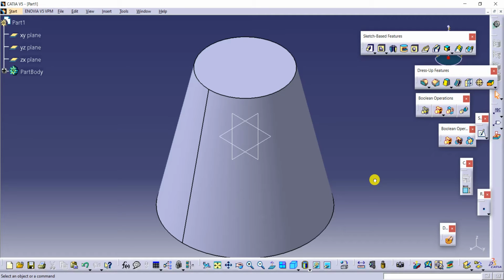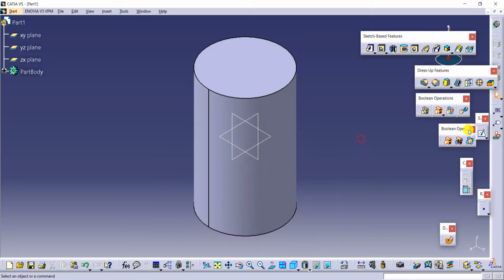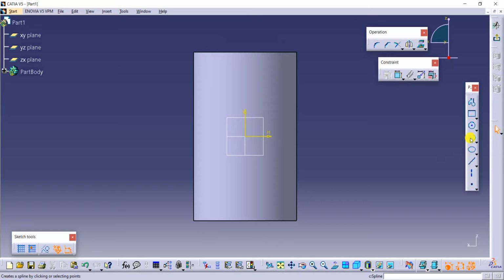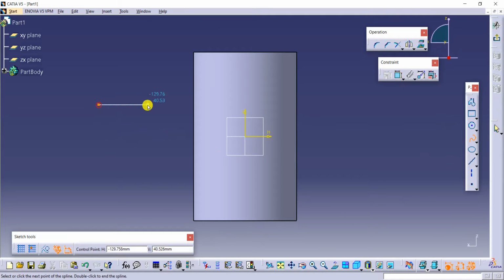But in some cases we have to create a draft with respect to a specific profile. So let us create one surface over here. Here I have created one surface like this.